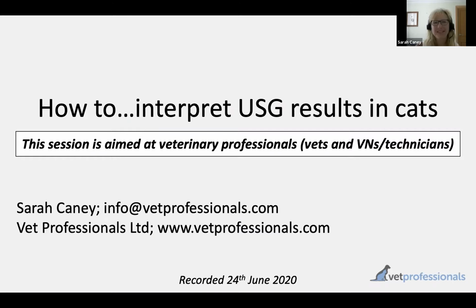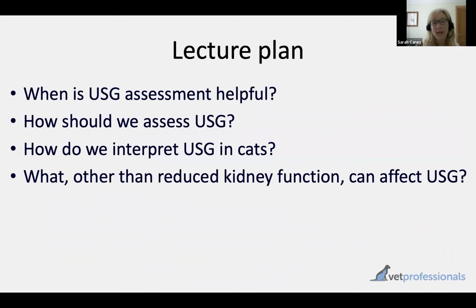I will attempt to keep to 10 minutes today as well, which is focusing on urine-specific gravity measurements in cats. The questions that I'm hoping to answer through this presentation are: when is a USG assessment helpful? How should we assess USG in our feline patients? How do we interpret the results that we get? And what, other than reduced kidney function, should we be thinking of as a potential cause for a reduction in USG? So that's my target for things to cover over the next 10 minutes, and then we'll have some time